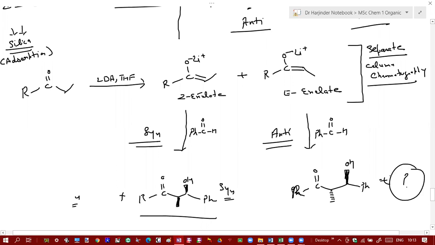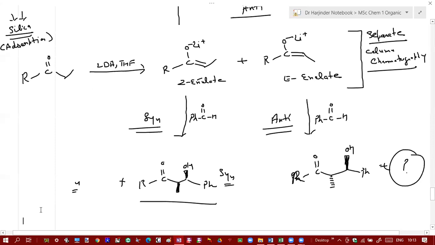Sir, one above the plane and one below the plane. Meaning make both opposite. Opposite. So the methyl group reverses, it becomes above, and the other becomes below, and here both will be below the plane. Below. So I think it is clear to you. Yes, sir.